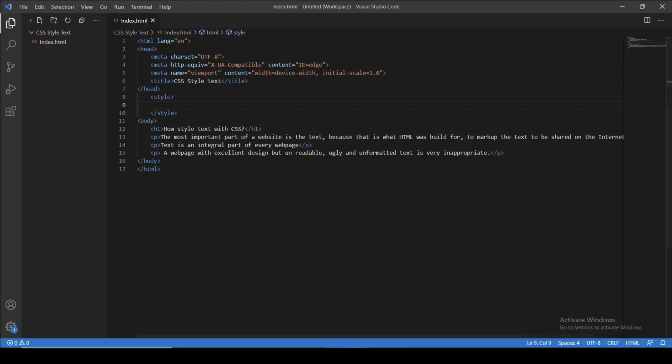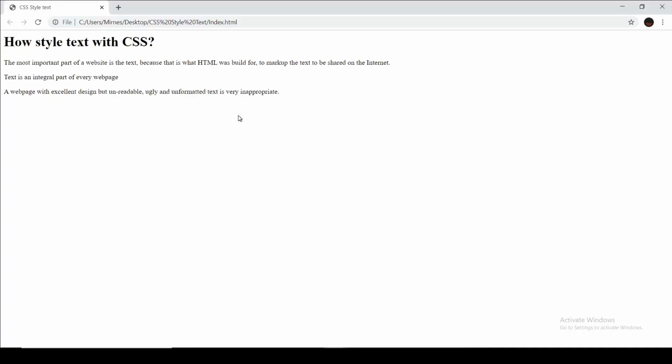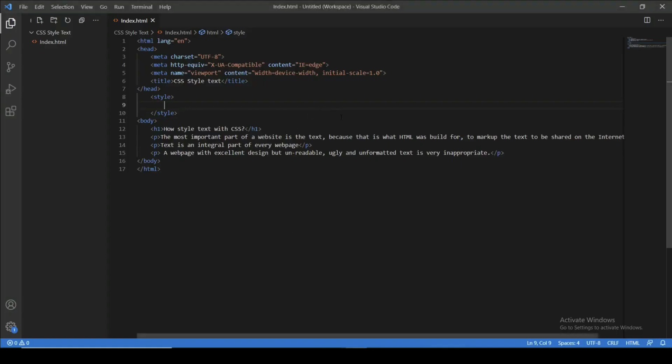Okay, I'm gonna open this page in the browser, and you can see we have pure text without any CSS styles on elements. Okay, we can go back inside the code, and let's start with basic properties for text styling. The first property we'll talk about is the color property, and obviously we use this property to change text color on the page. Let's say we want to change text color for the h1 tag